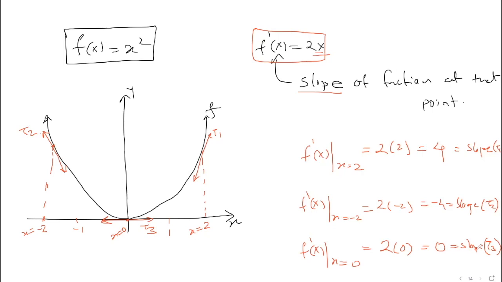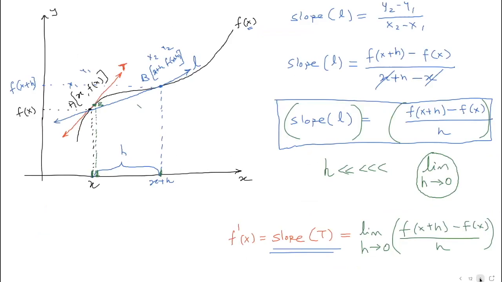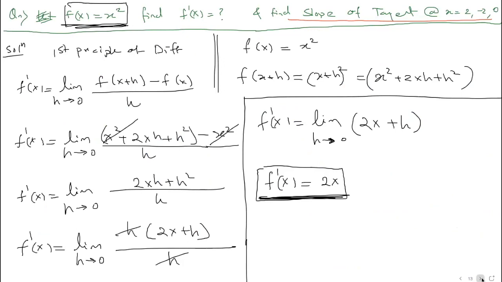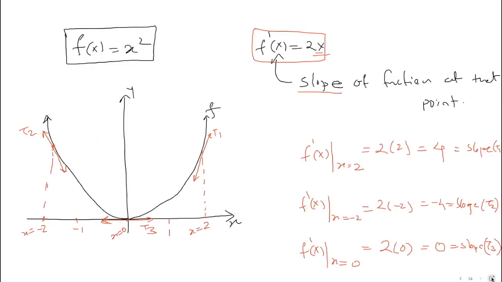I hope you followed the proof also. Proof is probably not for the exam, but it's good to know. I feel every student should know this proof, because the entire calculus is really based on all this. And then we did one problem. We can prove all the formulae using proof. So all the standard formulae of derivative, when you say d over dx of sine x is equal to cosine x, this is the standard formula. This formula is derived using the first principle. Like all the formulae are derived using first principle, and then when we solve other problems of differentiation, we use standard formulae. But where do they come from? They come from first principle.